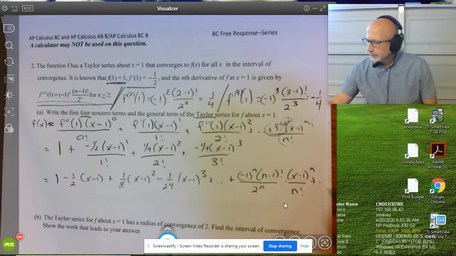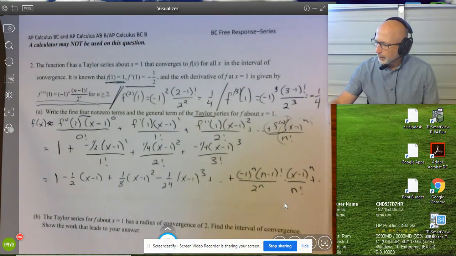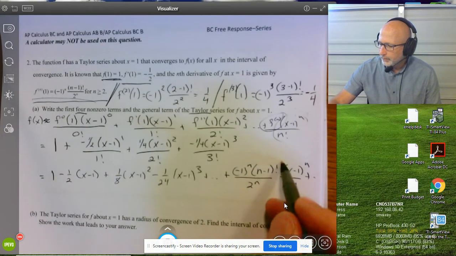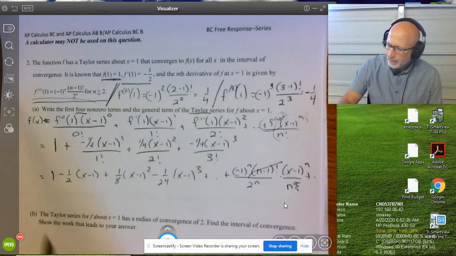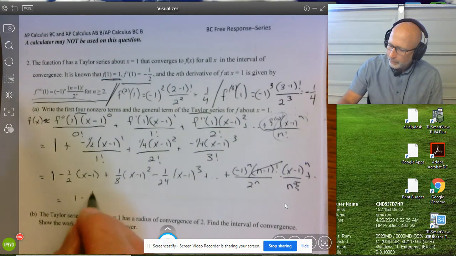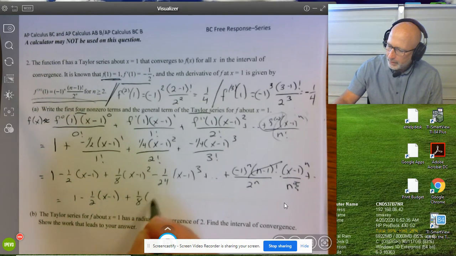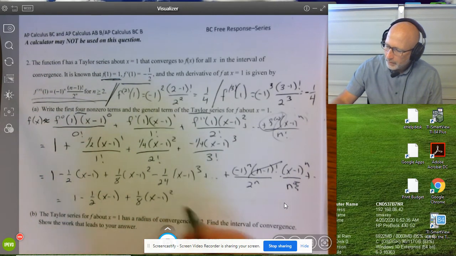Okay, plus, and that's the general term. So a little bit we can cancel here. Right here, n factorial, n minus 1 factorial. So all these are going to cancel, all but just the n. So I'm left with 1 minus 1/2 (x minus 1) plus 1/8 (x minus 1) squared minus 1/24 (x minus